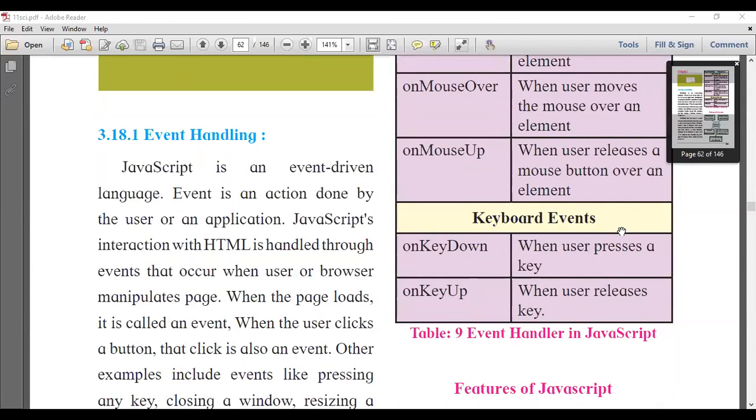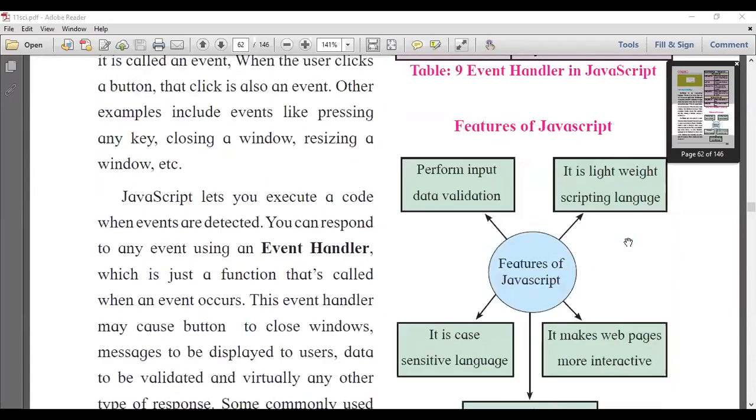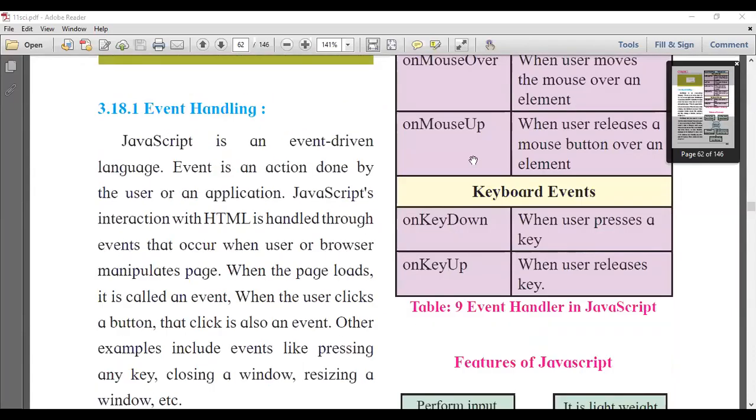On key press is not given, but you have to consider that one event is also used, that is on key press, which is widely used.